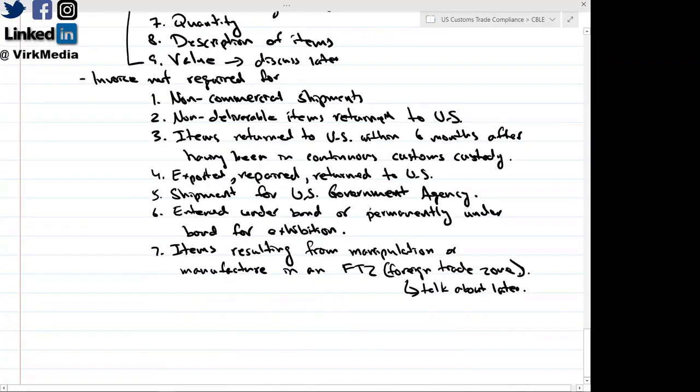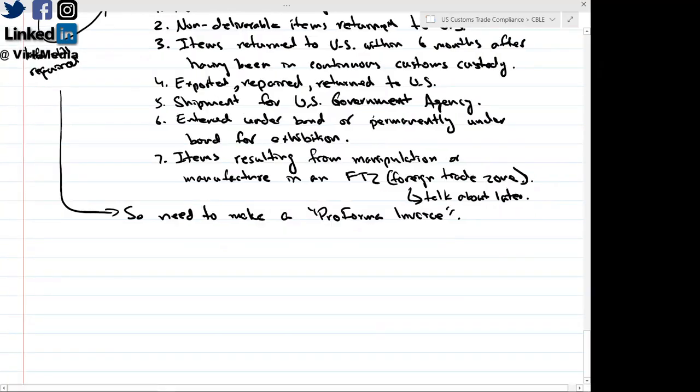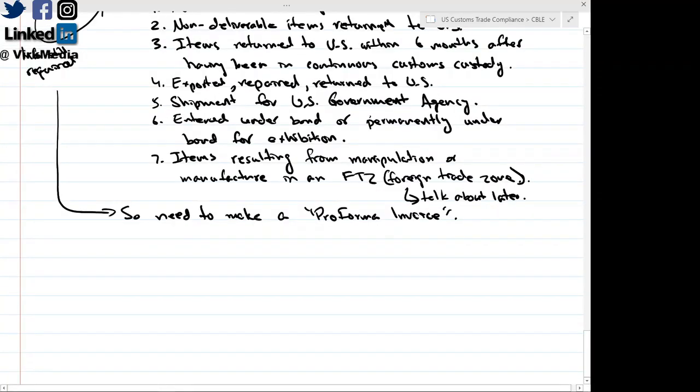Therefore, even though an invoice is not required, you technically have to make a fake invoice, which is also known as a pro forma invoice. In addition to these things, when a customs broker is doing an entry summary